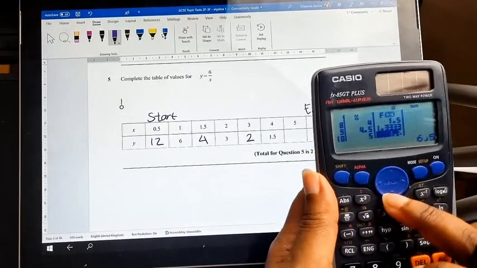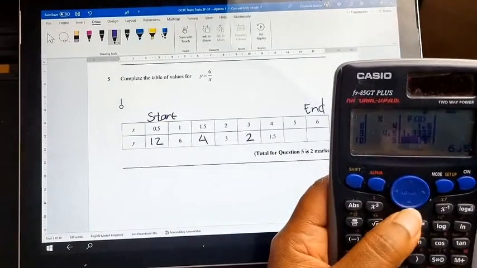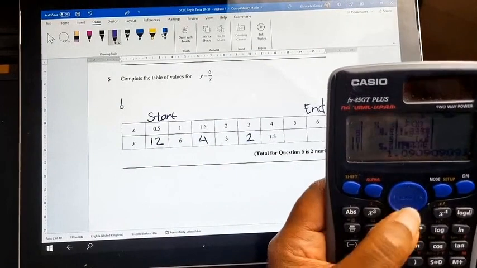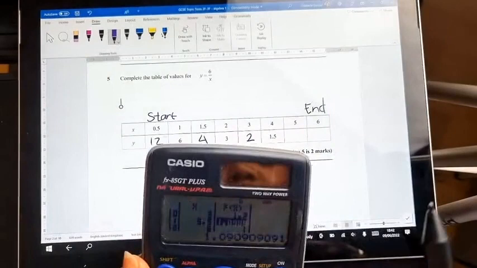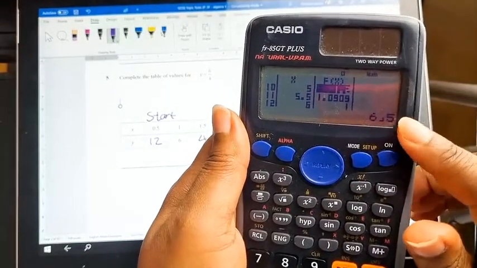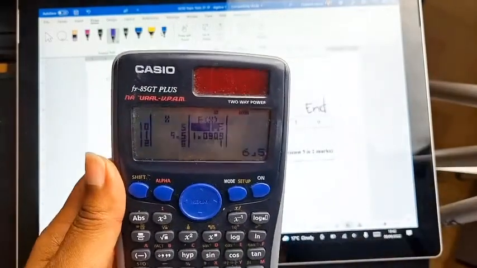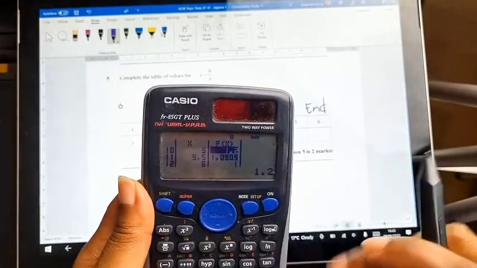No, you're not wrong at all. That's correct. You can do 6 by any number, but for people that don't like to divide and are on a foundation paper, this might be very difficult, okay? So if you go on to 5, 5 shows on the calculator as 6 over 5. 6 over 5. If you want to know the value in